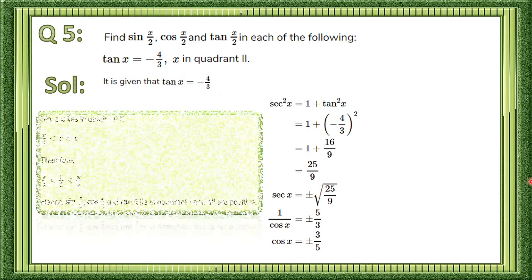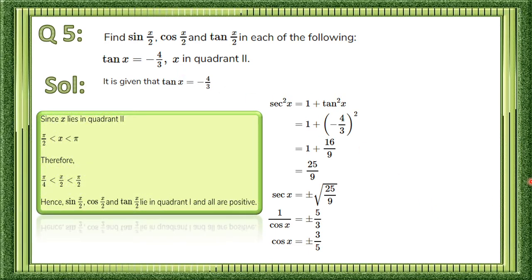Before we start with our question, just have a look here. Students, as x lies in the second quadrant, we know our angle lies from 90 to 180. Agree? Yes. So our angle lies from pi by 2 to pi, or 90 to 180. This is x. But what we have to find out is x by 2. So if we divide all three terms by 2, it will be pi by 4 less than x by 2 less than pi by 2. It means our x by 2 will definitely fall in the first quadrant, 45 to 90, and all the x by 2 functions will be positive. Right? Now come back to our question.